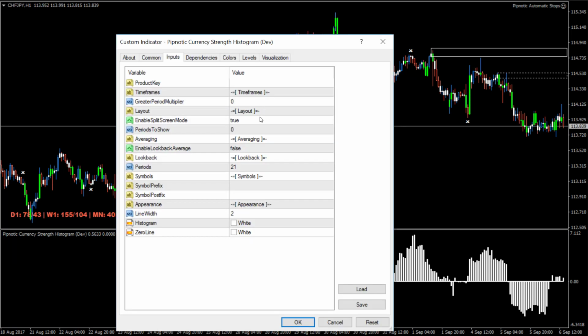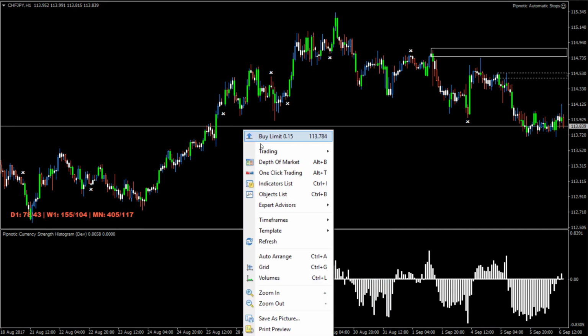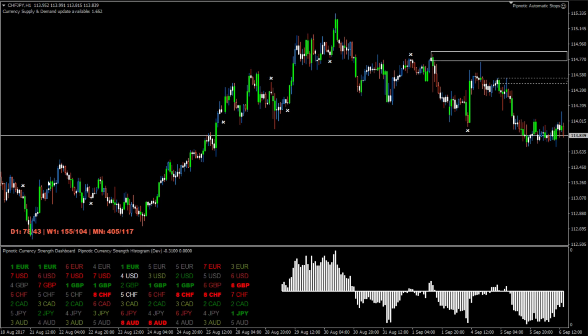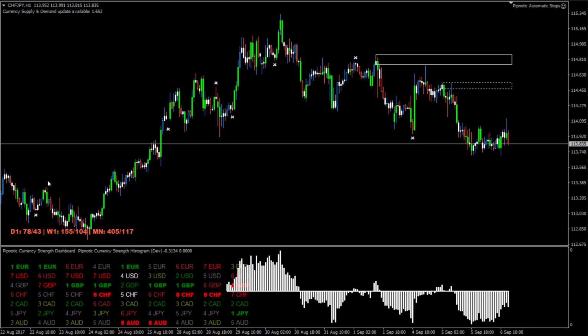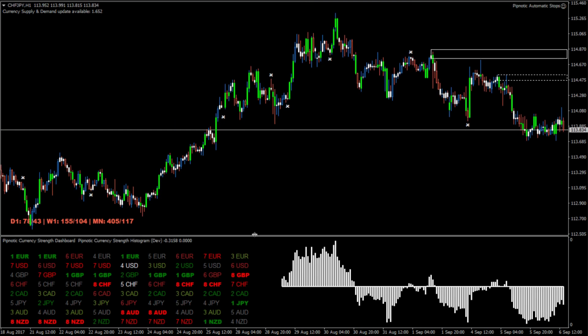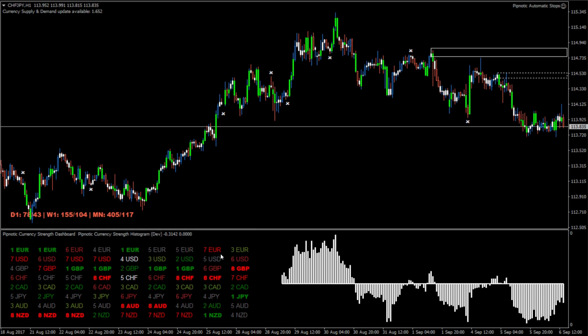Then we have the layout, and this layout is currently set to true. It is set to true by default. I like that. It's simply used so that you can view the histogram and the dashboard in the same window. So if we have a look here, you can see that on the left side we have the dashboard, on the right side we have the histogram. And if you zoom in,